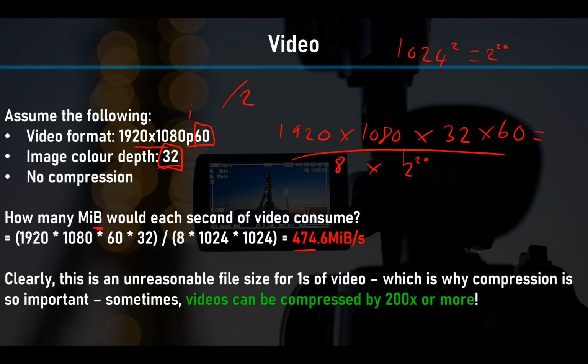Now, if you're familiar with any sort of video size, which I think most people probably are, clearly this is an unreasonable file size for 1 second of video, which is why compression is so important. And sometimes videos can be compressed by 200 times or more, because if people are familiar,